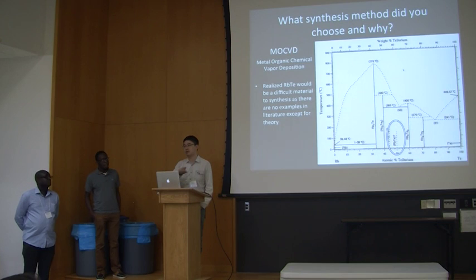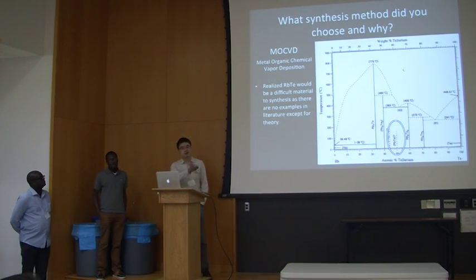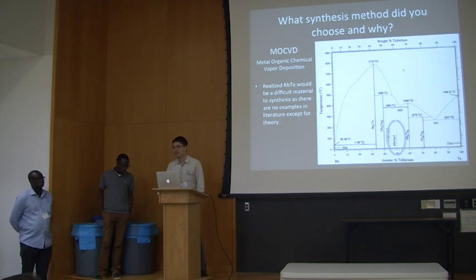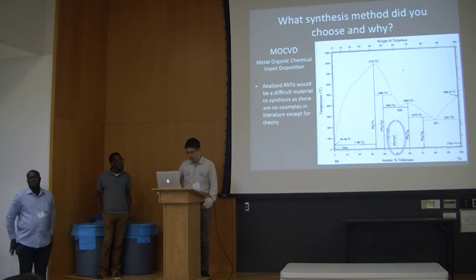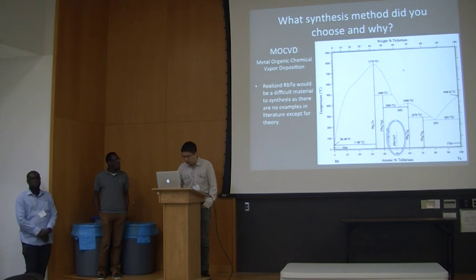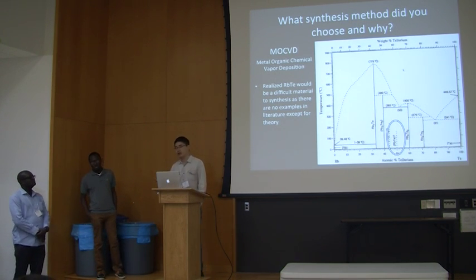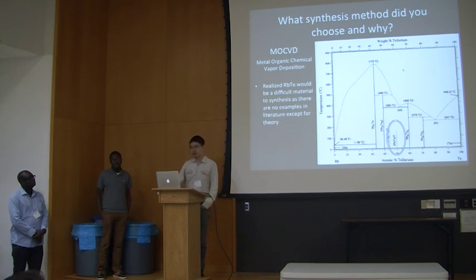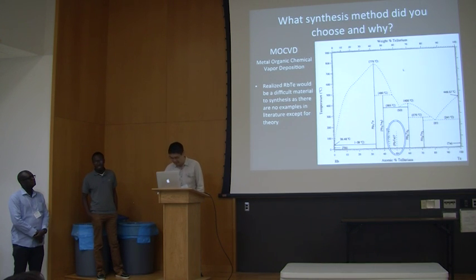There's only one paper mentioned about this material. So exactly like the group 1 search, it's only existing in theory. There's no previous work on this. But we decided this is challenging, and if we manage to grow it, it'll be a big thing, right? So that's why